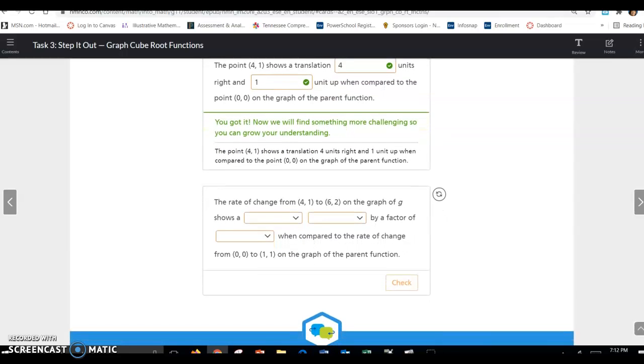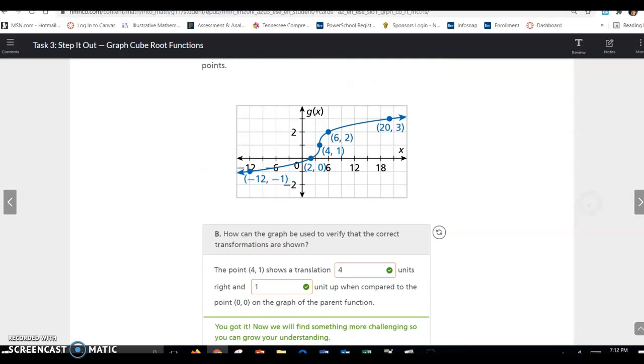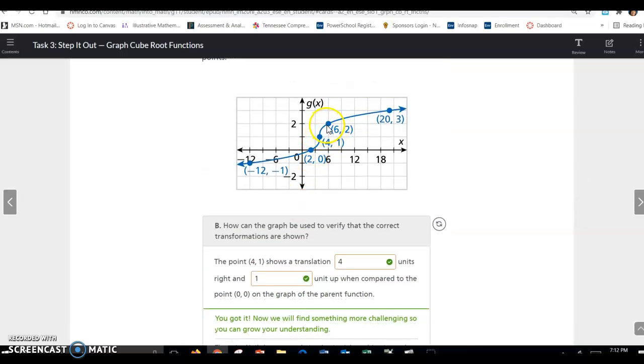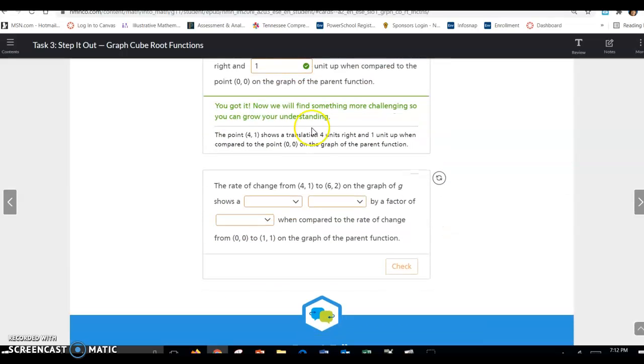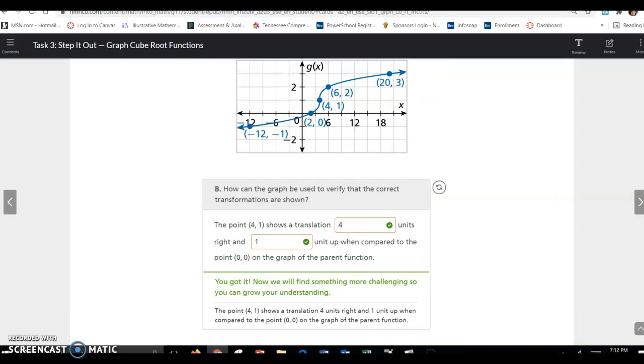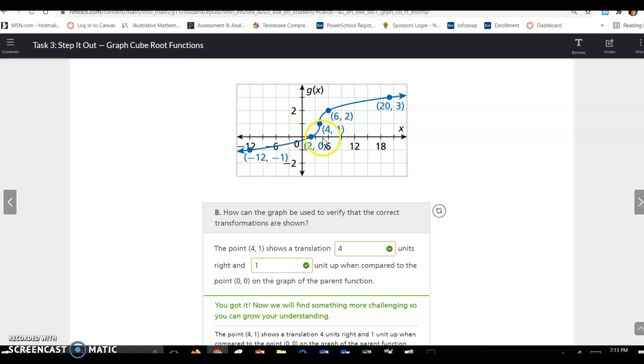All right, the rate of change from (4, 1) to (6, 2) on the graph of g shows a blank by a factor of blank, when compared to the rate of change from (0, 0) to (1, 1) on the graph of the parent function. All right, so it's asking us what the rate of change going from here to here is compared to the parent function. Okay, so it would be a horizontal compression. All right, so it's a horizontal compression here